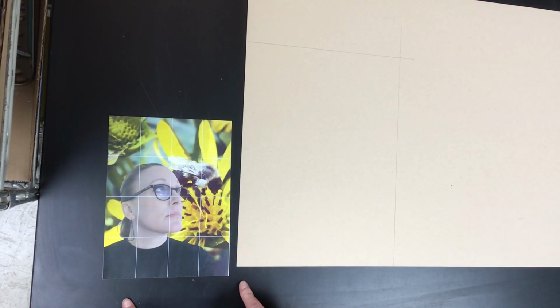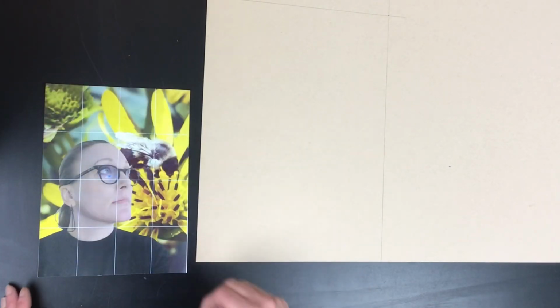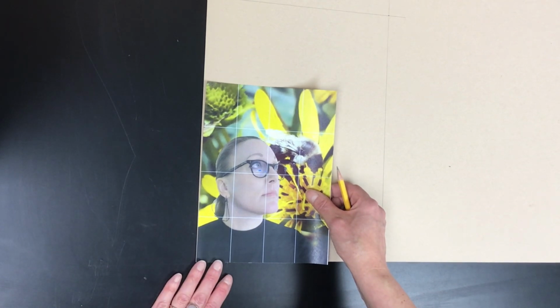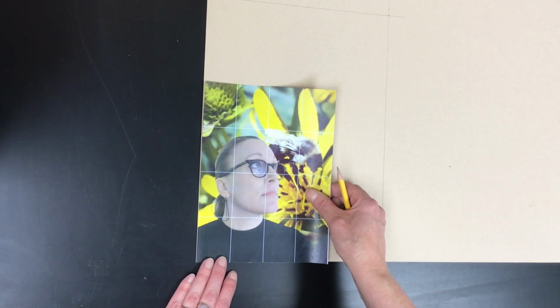If you wanted to check your math, there is a way to do it. I'm not going to go over it in this video. But if you do these things very accurately, if you cut the edges of your paper off very clearly, if you make sure your picture is lined up exactly with the corner of your paper when you are laying your ruler down,